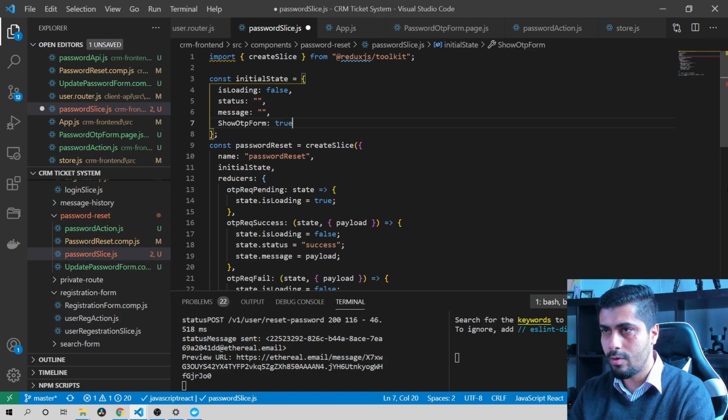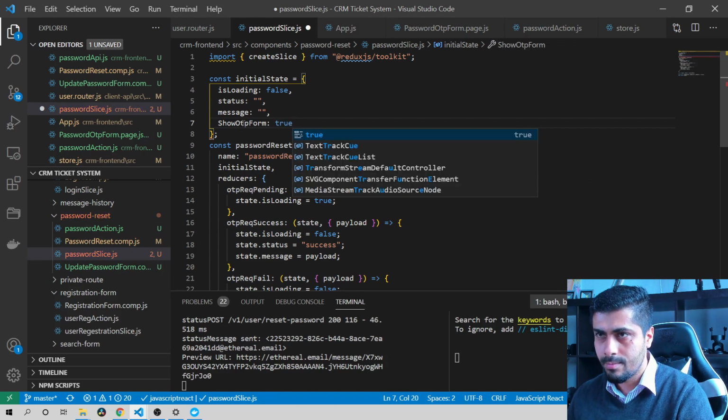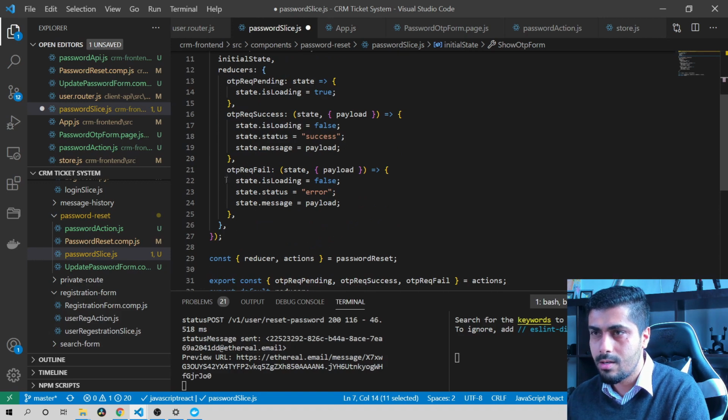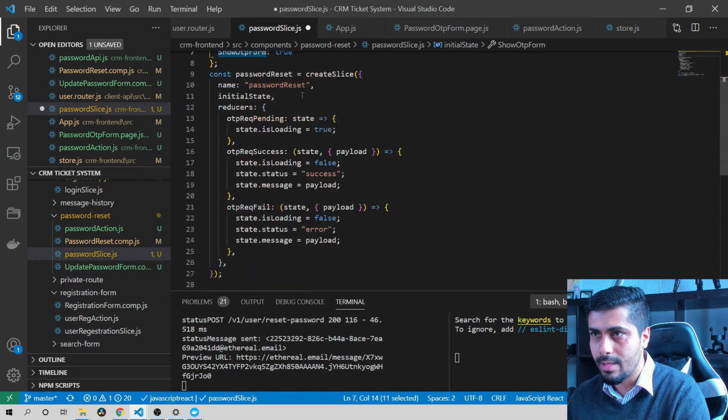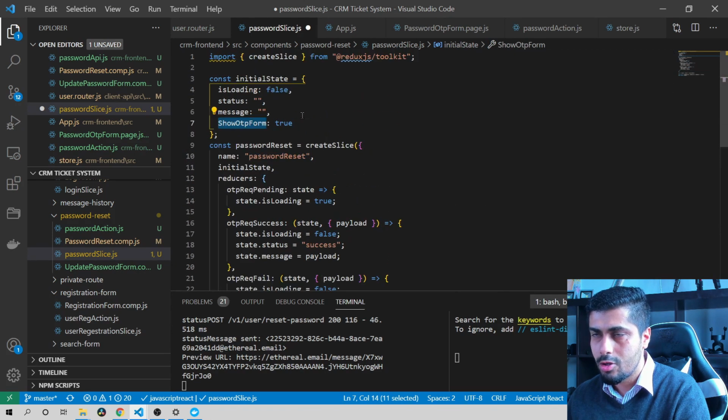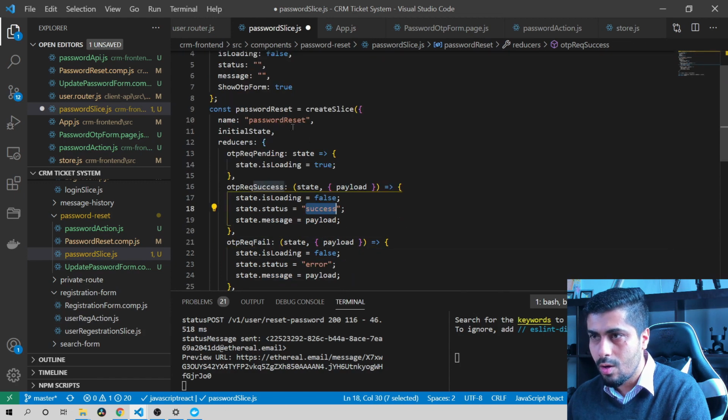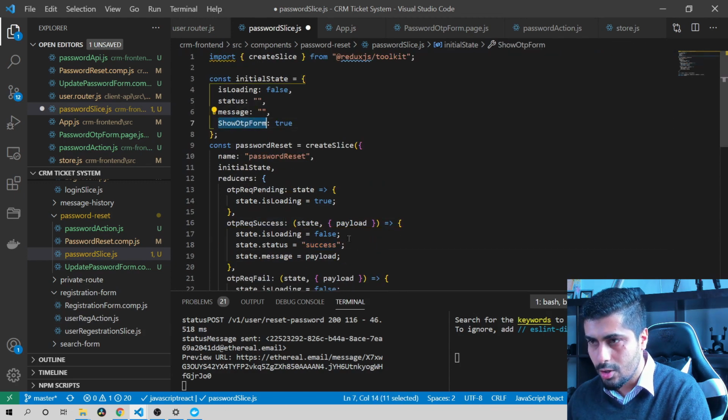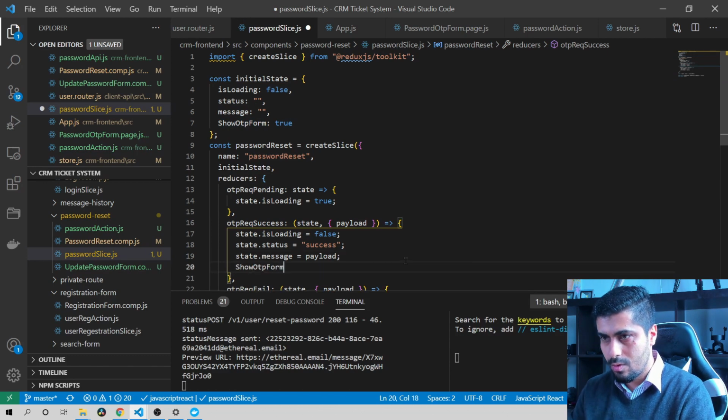I'm going to say true for now, and maybe we can create another action creator that will basically change this form based on what form we want to see. Or we can basically, whenever we have update success here, we can update this one to true to show another form. So I'm gonna say status equals to state.show form,